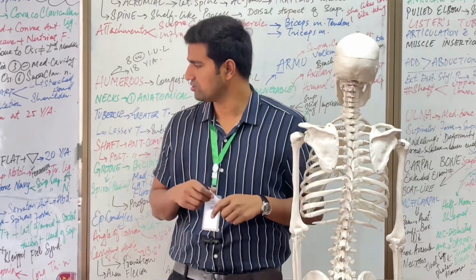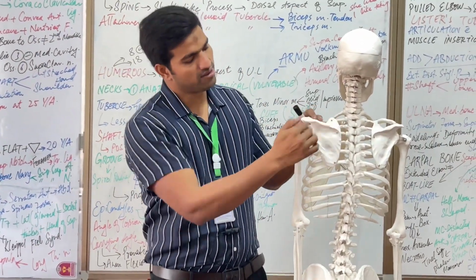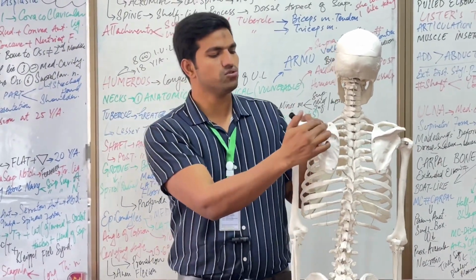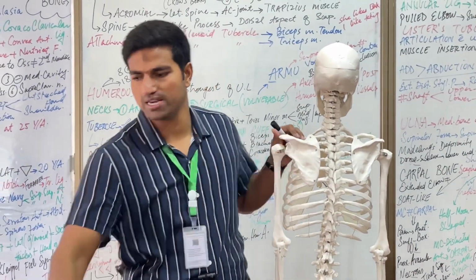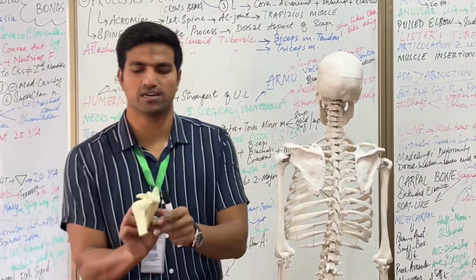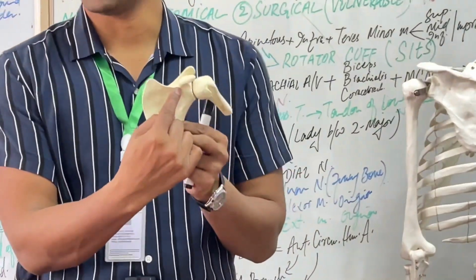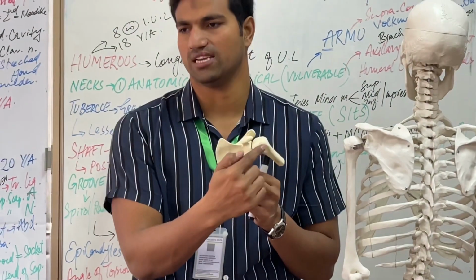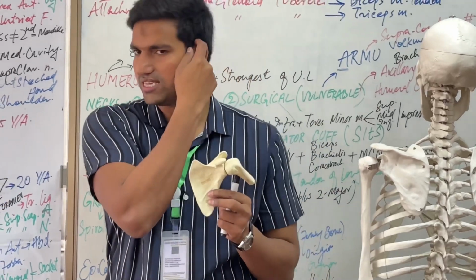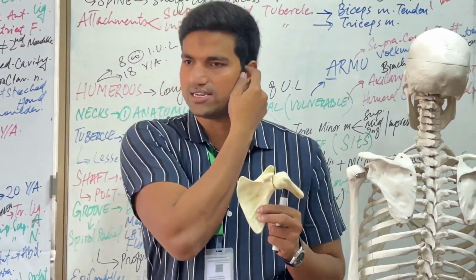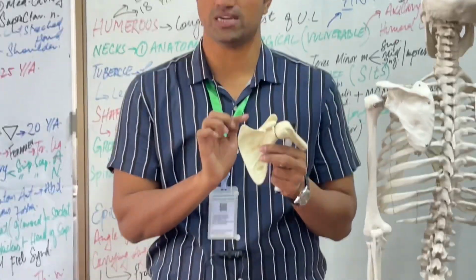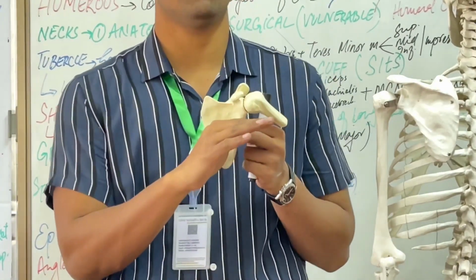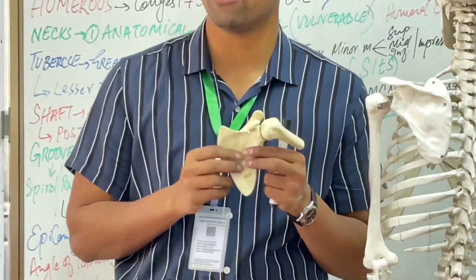First of all, we will talk about borders. It has one superior border, one lateral border, and another medial border. The superior border, most importantly, you should not forget, has the suprascapular notch. In the superior border, we have a notch called the suprascapular notch that converts into a foramen with the help of a transverse ligament. And there is a mnemonic we discussed, that is army above navy. Army means artery. The suprascapular artery passes above that foramen, and the suprascapular nerve passes below that foramen. So army above navy. So that was the superior border.